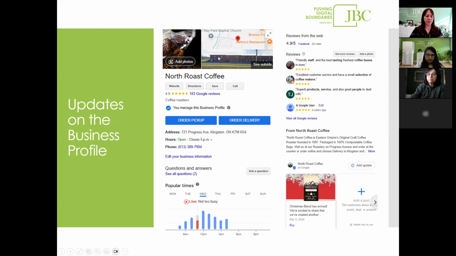Working from the center top down, we can see our pictures, their hours, popular times that people are there, and we're still going. And then right at the bottom, there's updates. This has been here for a while, and people didn't really know what to do with it. But for SEO, it's very important.